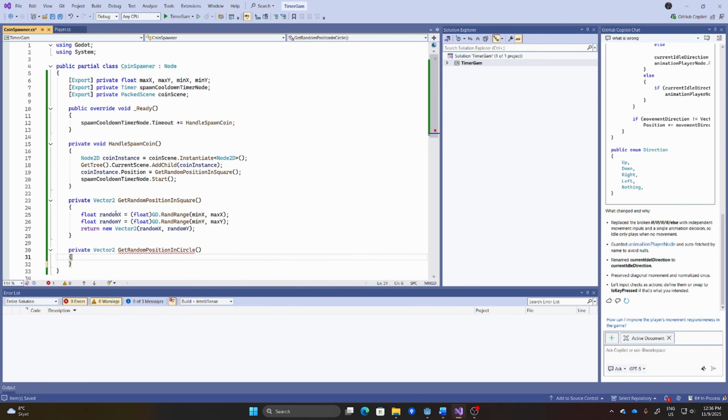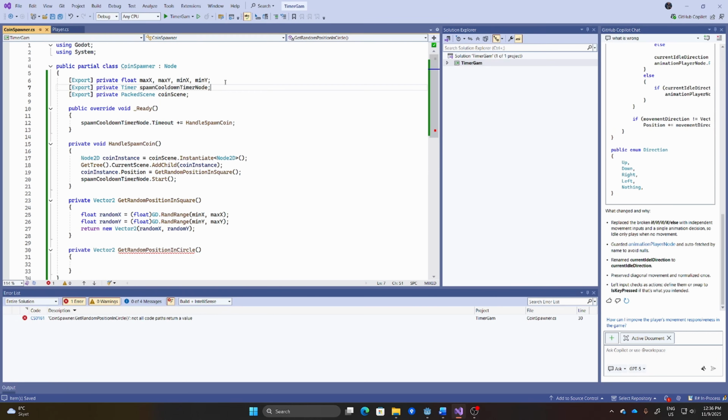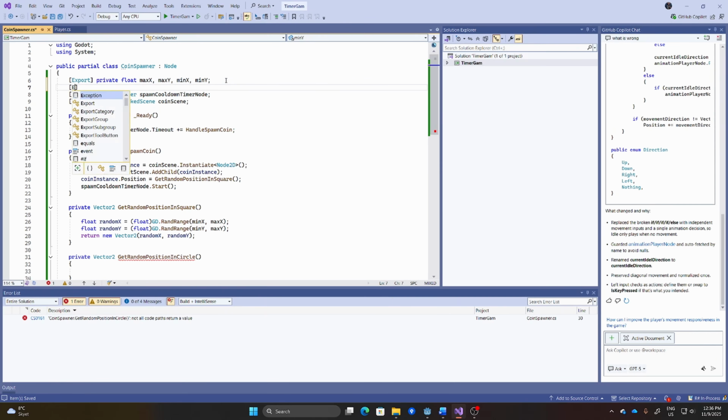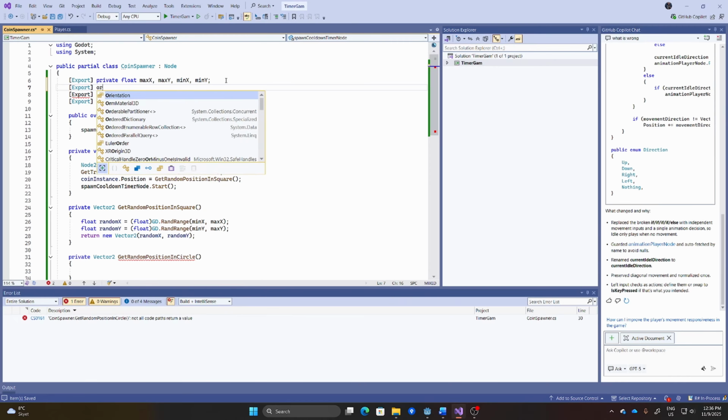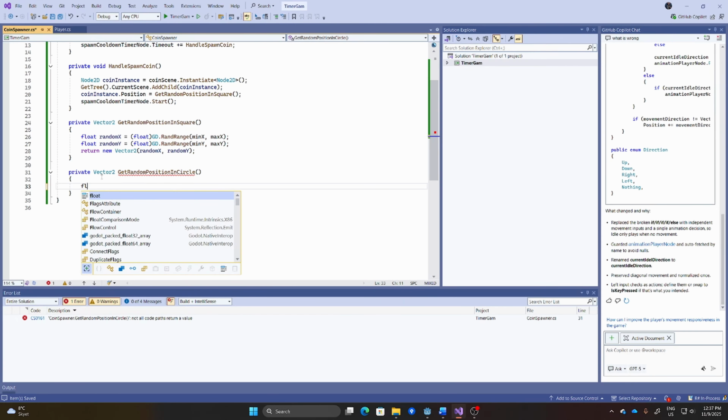And here we will return a vector, but before we can do that, we will have to export a private float max length. So let's get an angle.